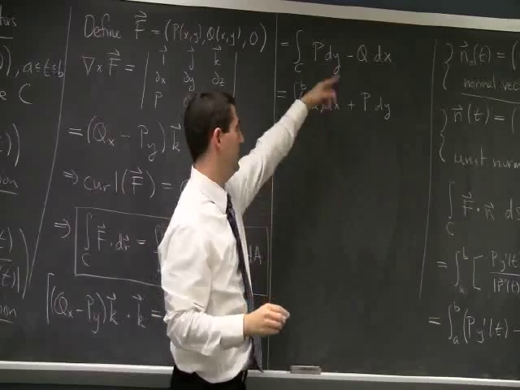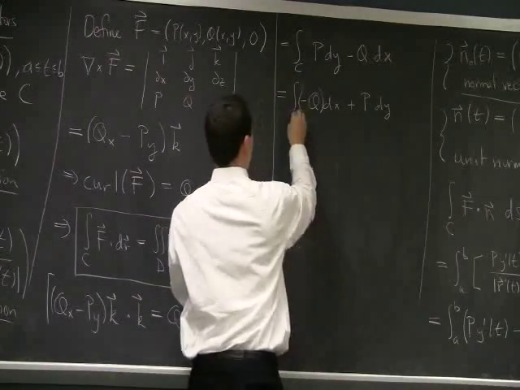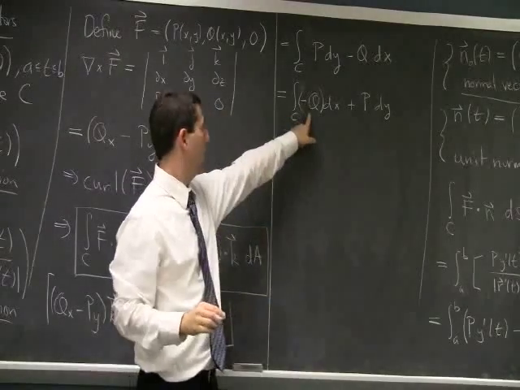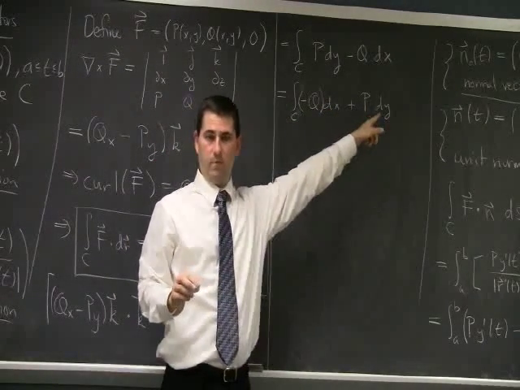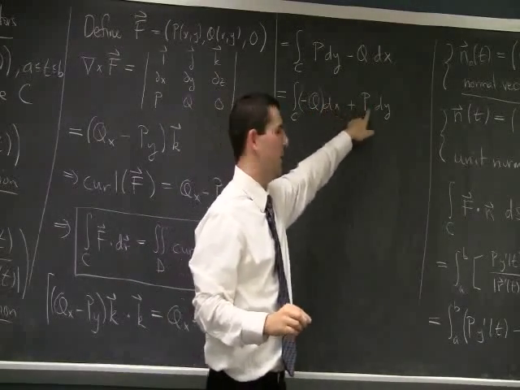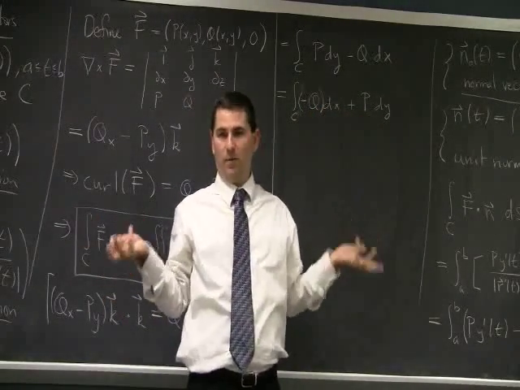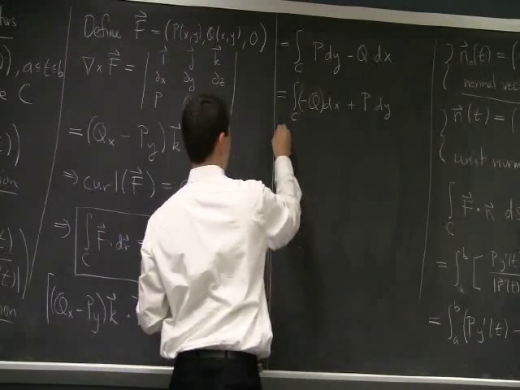Right? Because there's no dt anymore. Same thing here. It should be over C. Okay. This is exactly what occurs on one side of Green's theorem, only, well, I have a minus q and a p, but it doesn't matter, right? It should work for any functions in there. So by Green's theorem,